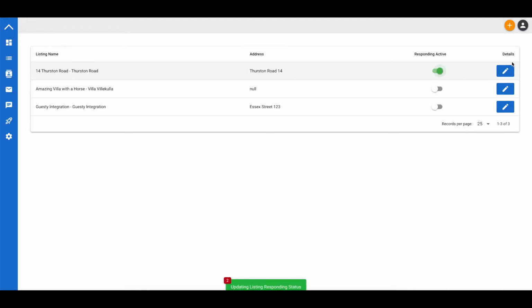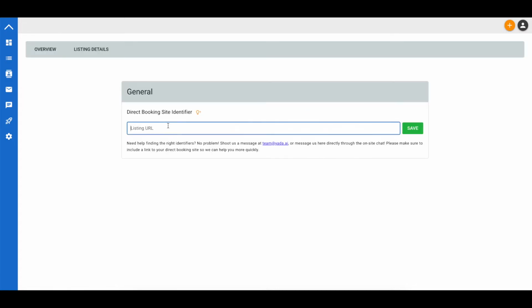It's super, super easy. All right, we're at 2 minutes and 40 seconds right now, and we've fully completed this integration. I'm going to go into a little bit more detail about some other cool stuff right now. So if you go to the listing details page, I can put in a direct booking site identifier. So if you've got a direct booking site with a bunch of listings on it, each listing page on your